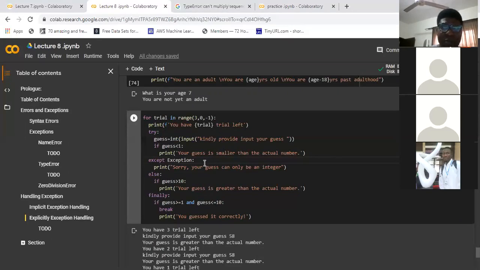But what if the person inputted Y, Z, Tolu, anything other than an integer? Then that is an exception. Because I'm using this operation on it to trigger an error, but this except is used to handle the exception. So it will print, "Sorry, your guess can only be an integer." You understand? So at any point in time where the person inputted Y, K, U, anything, a string to be specific, then it will tell the person your guess should be an integer. Then I'm saying elif, if the guess is now greater than 10,